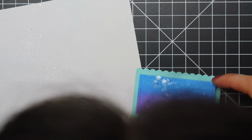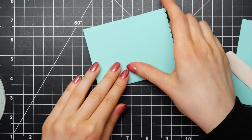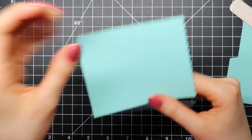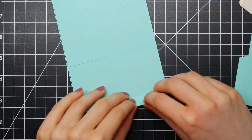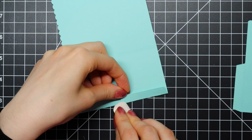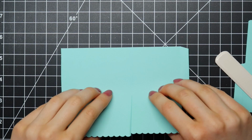And then after I did that, I am adhering my ink blended piece to the inside of my scalloped rectangle. There you go. Now I die cut the main box panel twice out of some colored cardstock from Lawn Fawn,